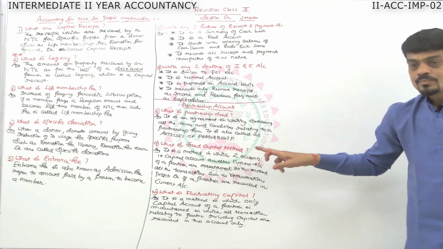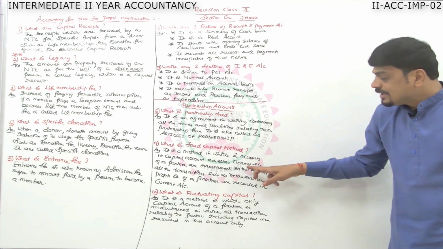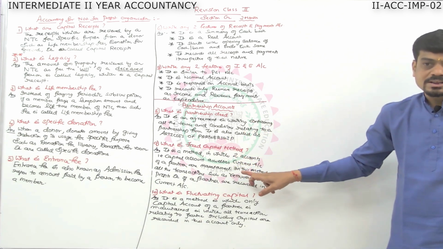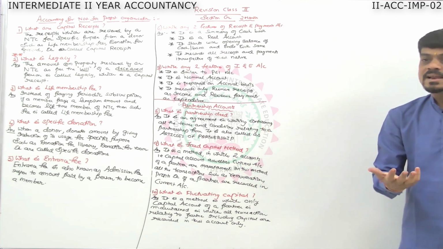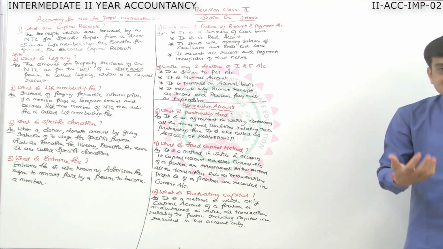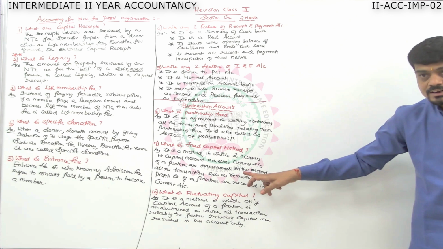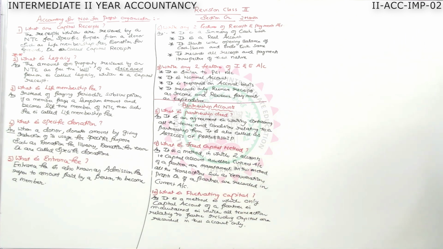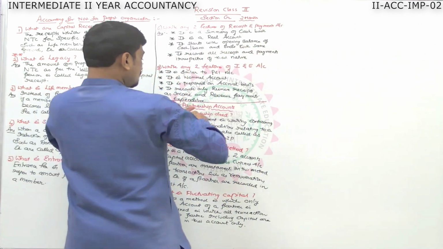Fixed method, we maintain two accounts. In capital account, that is under fixed method, only the capital will be recorded here and drawings made out of capital, whereas all other transactions like profit, remunerations will be recorded in current account, whereas in fluctuating only one account, all are recorded in this only. Then coming towards, in this chapter,